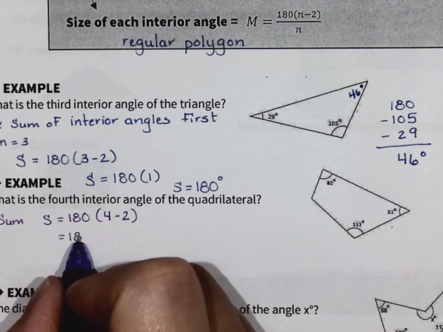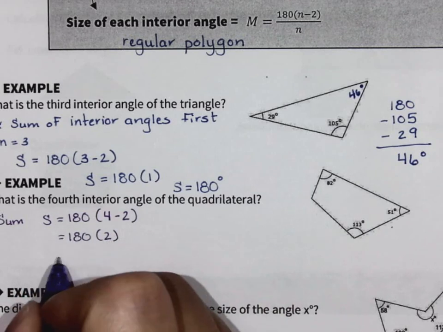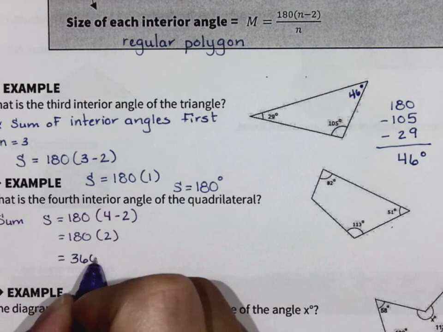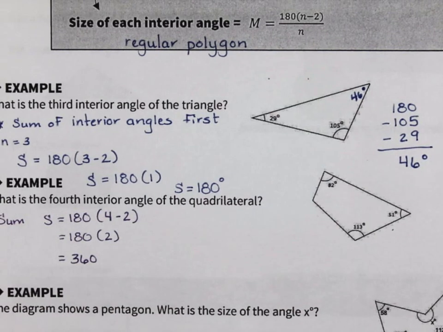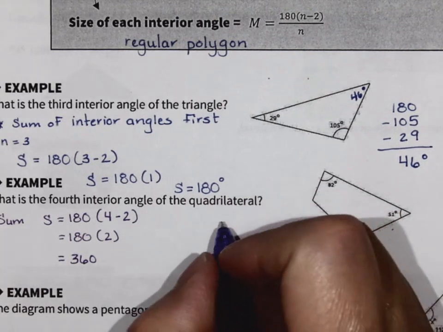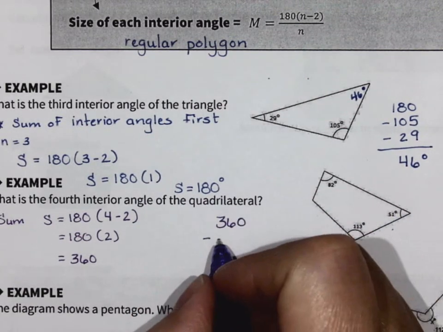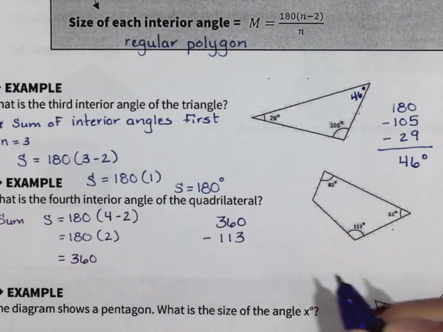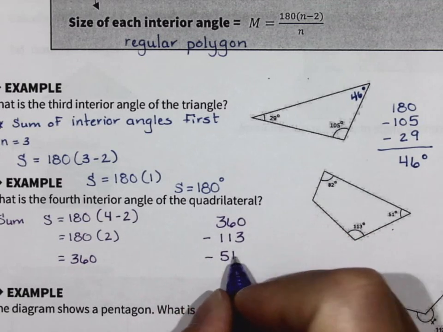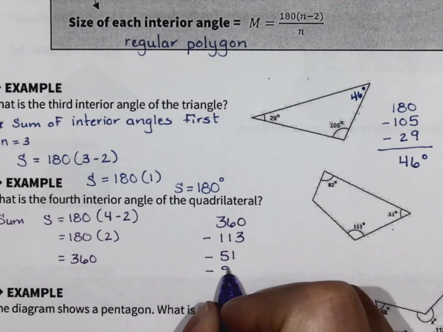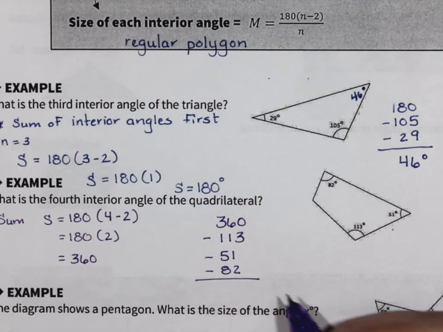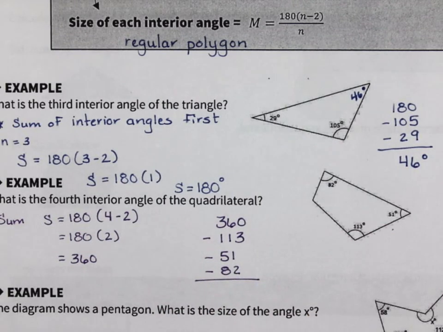So 180 times 2, which is 360. Then all we do is line them up again. We had 360, and I'm going to subtract the angles I know. So I'm going to subtract 113, subtract 51, and subtract 82. And what's left over